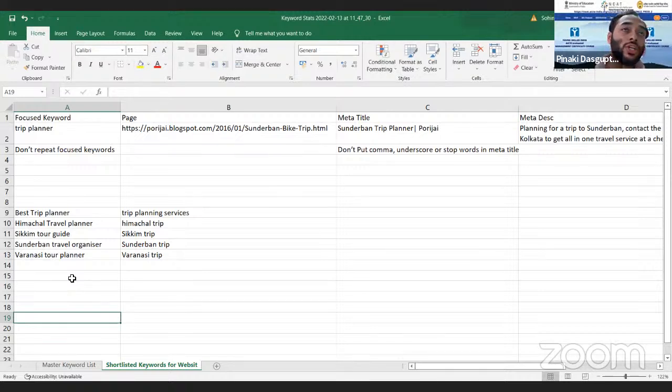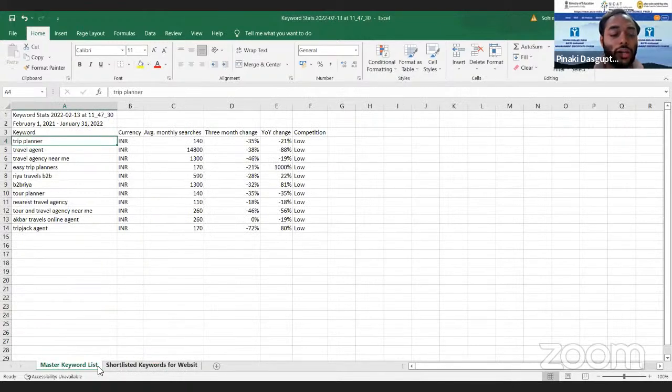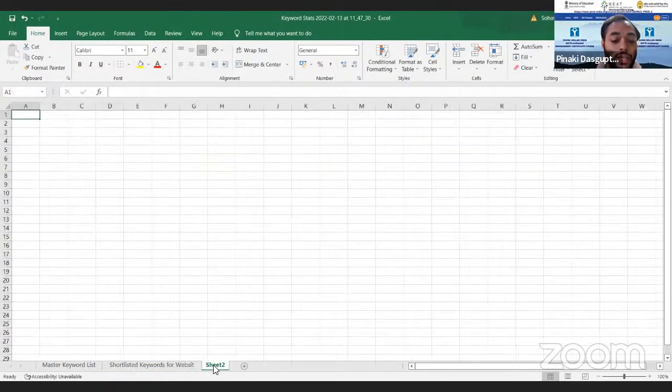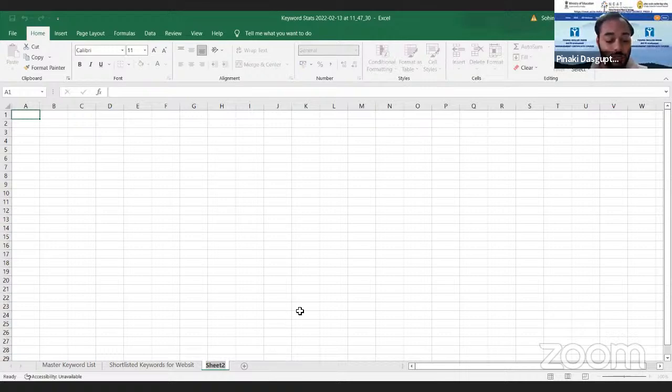If you use Google Sheet, you don't have to save it. It will auto save your entire work, and you can also share the access with your colleague, and both of you can work simultaneously in the same sheet. So you don't have to do the same thing every time. And in a master sheet, you will put the master keyword, you will keep the shortlisted keywords, then you will put another sheet, that is content.